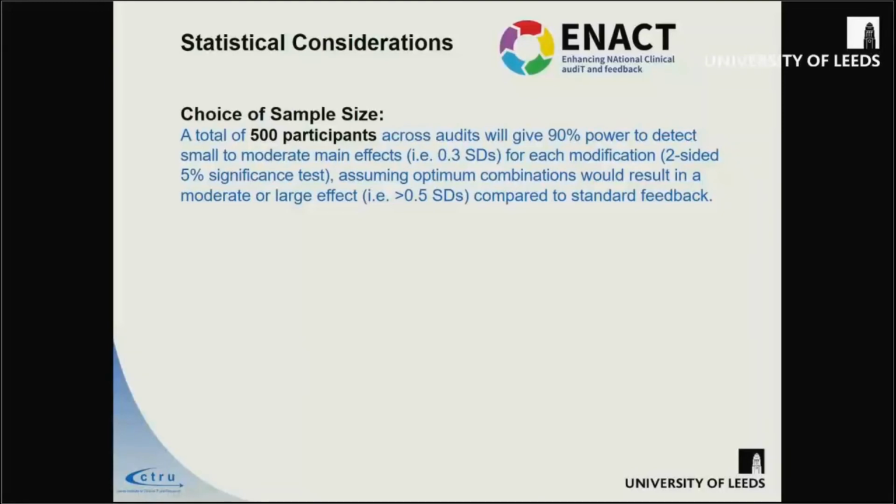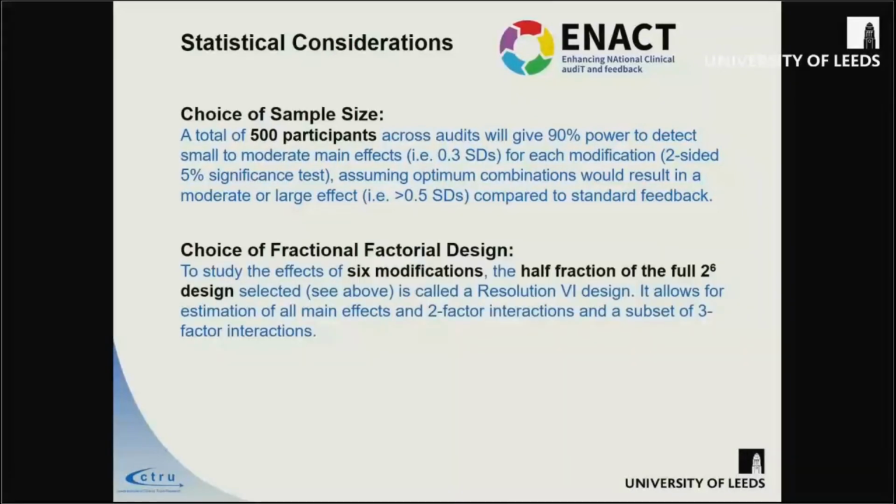We decided to do 6 modifications because we felt it was doable within the trial and it was a reasonable step up. We had a choice of about 15 to 20 modifications that we were choosing between. We could have done a trial of all of them, but we felt that it was, in terms of implementing, too complicated. So the next stage, as I say, was choosing the 6 modifications.